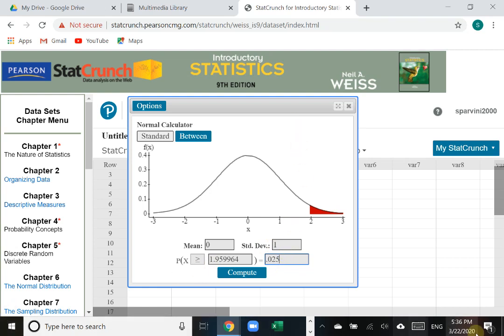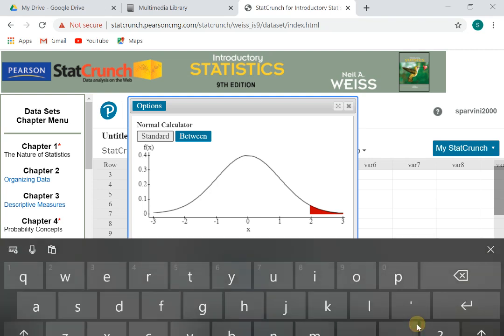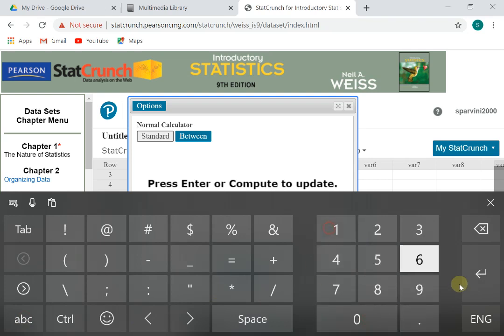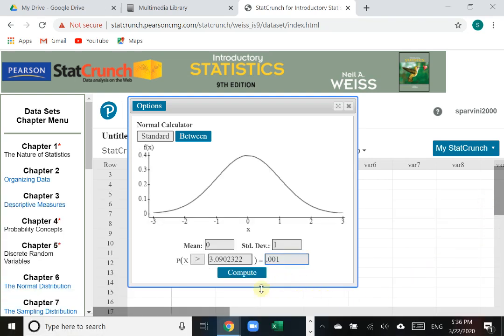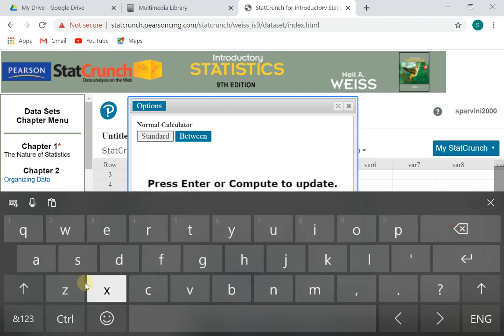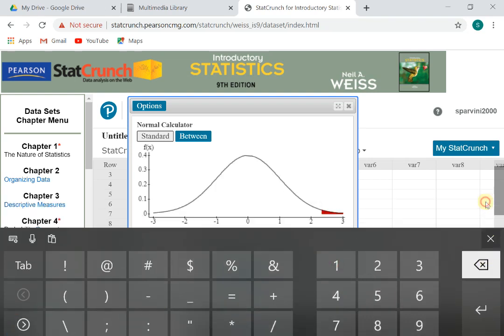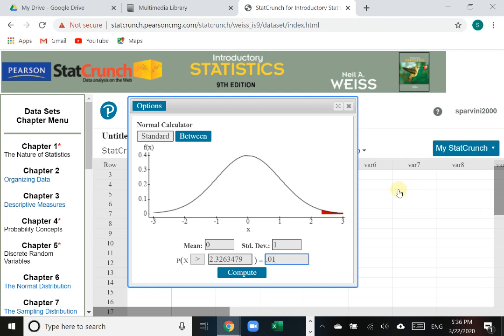This time we're going to do 0.01. So the number is going to be 0.1, enter. And oops, I meant 0.01, sorry, no biggie. Let me just go 0.01, enter. There you go, 0.01. For this, we're going to go 2.326. And finally, 0.005. Notice, by the way, 1% area on the right, the area is ever slightly smaller than